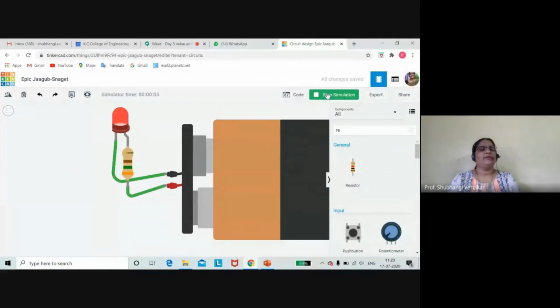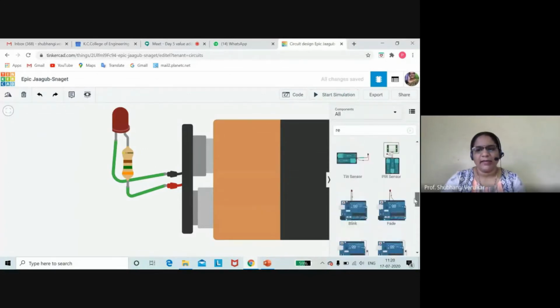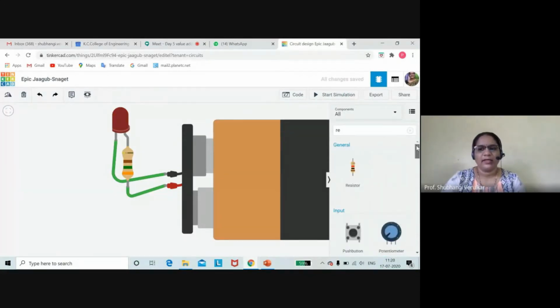So in this way you can connect an LED to your battery with resistors. I think why we have connected the resistor, that point is clear to you. Okay, is it okay with this circuit? Anybody having doubt in this circuit? Similarly, if you want to change the battery, you can change it. You have the option here, a number of batteries are available. Whatever battery you want, you can choose.